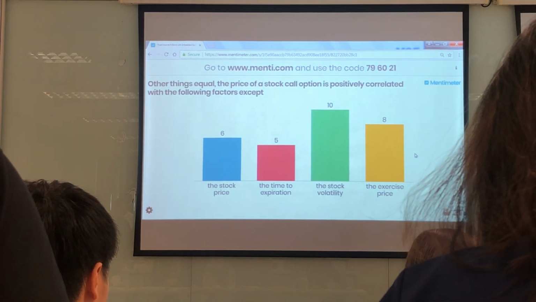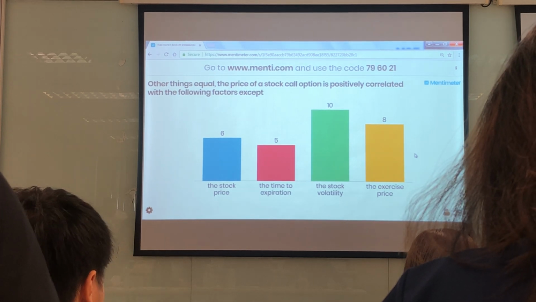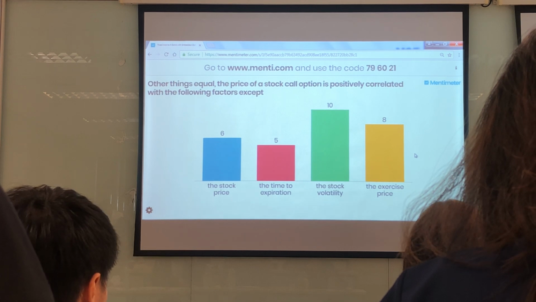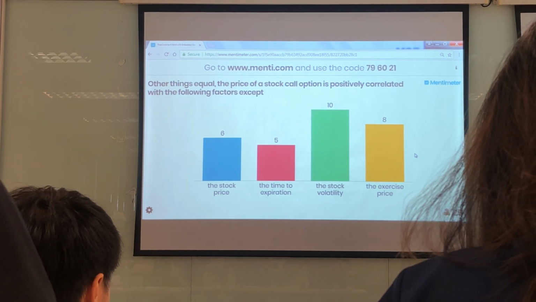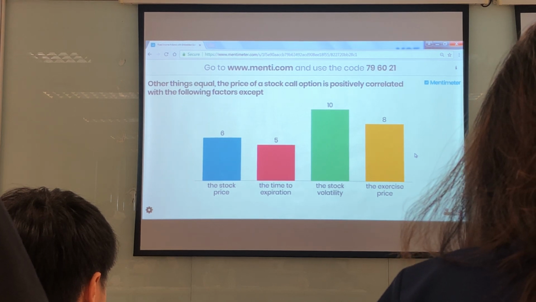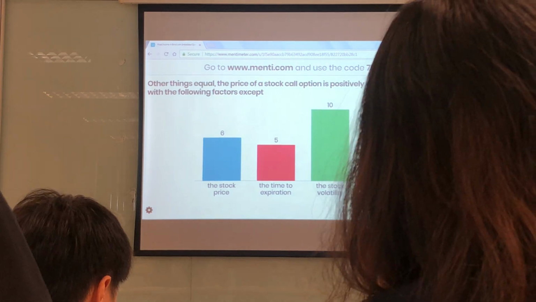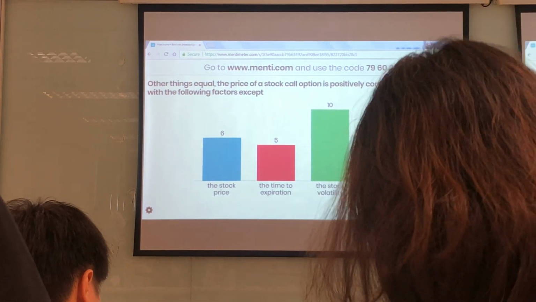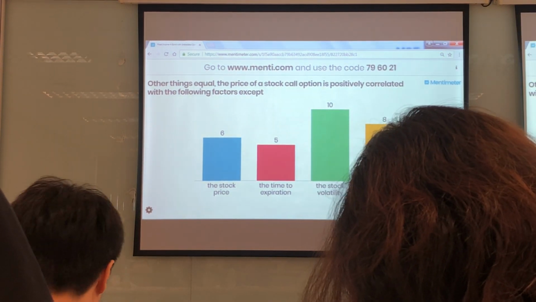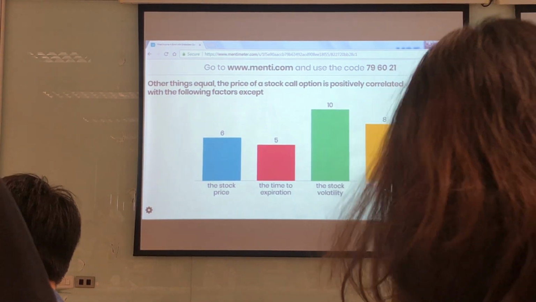Because by exercising this coupon, you can buy the fried chicken cheaper than the counter price, right? If the exercise price indicated in the coupon is higher than the price at the counter, you don't want this coupon. So the value of the call would be higher if the exercise price is very low.